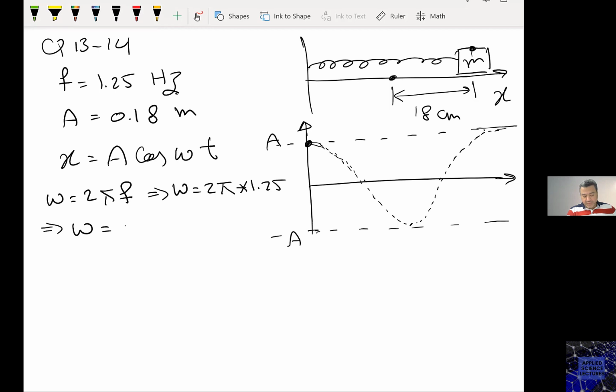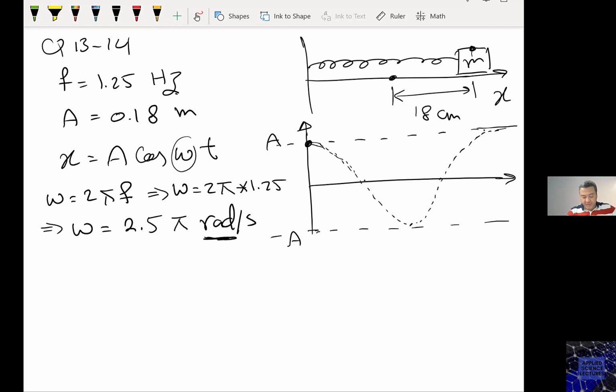Omega is 2.5 pi radians per second. So watch out for the unit of omega. It's radians per second, which means when you multiply it by seconds in the function,